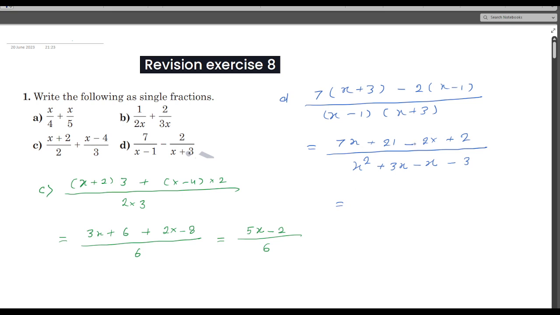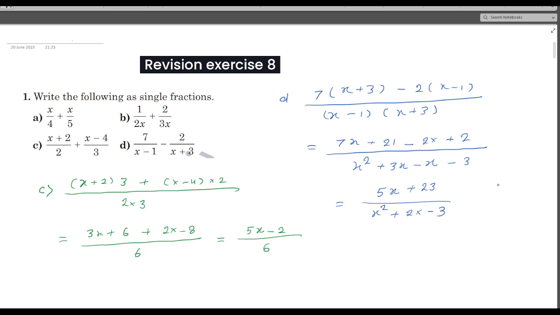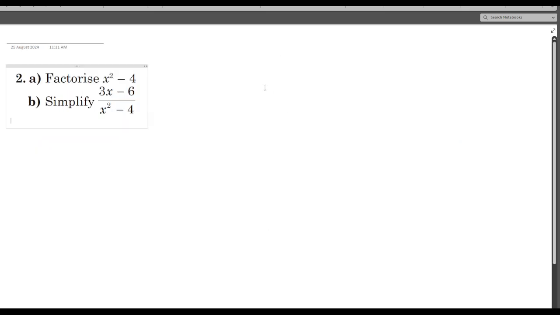So this is 7x minus 2x is 5x, and plus 21 plus 2 is plus 23, whole divided by x square plus 2x minus 3. So this is your result for 7 divided by x minus 1 minus 2 divided by x plus 3. Now the second question,